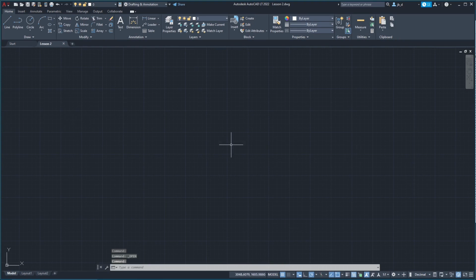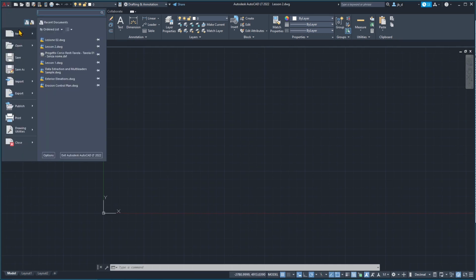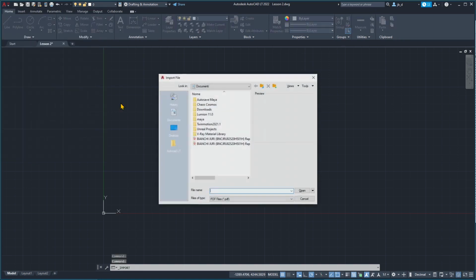Okay, so this is an empty space again. Remember to scroll a little bit the scroll wheel of your mouse so that you can see the UCS, and this is the user coordinate system sign, so it's showing you the X and the Y basically. Okay, let's go back here, and so you can also import inside AutoCAD. You can import images, you can import PDFs. If you go here you will see all the formats that you can insert,